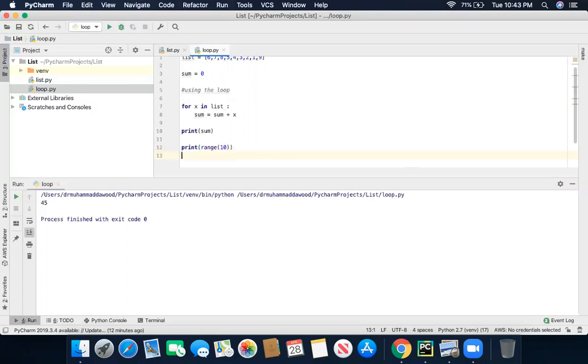So here we have a print in a range. It will show me how many numbers I have in this range, 0 to 10. I'm just going to use this button now, because it shows me the loop in the tab. I click this button and it shows the numbers 0, 1, 2, 3, 4, 5, 6, 7, 8, 9. It means we have a range of numbers from 0 to 9 and it shows us 10 numbers.